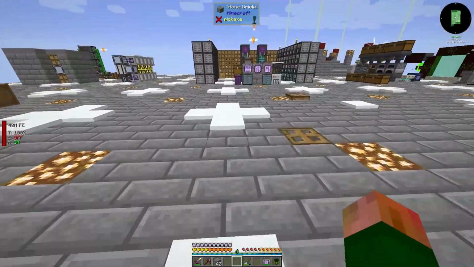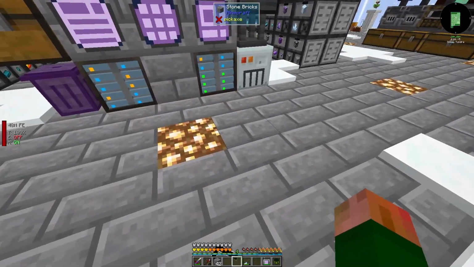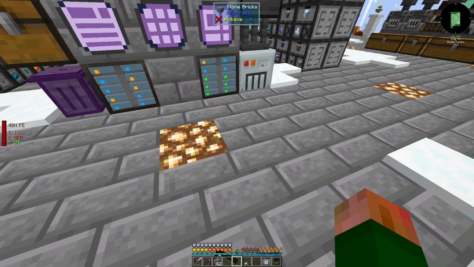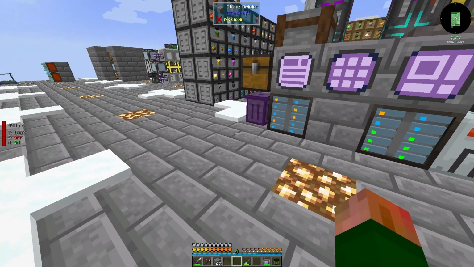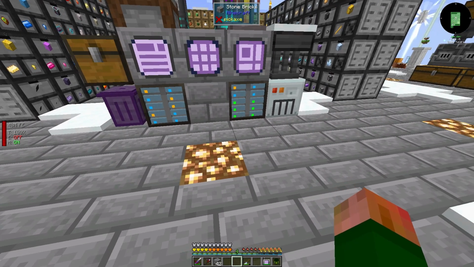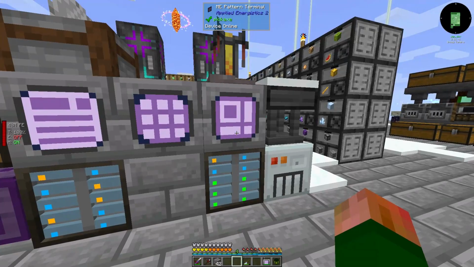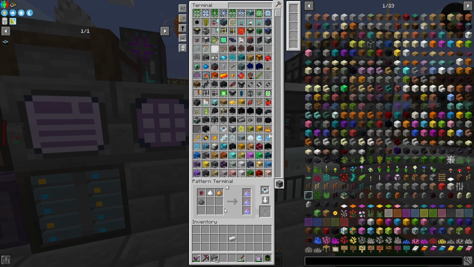I wanted to quickly cover two things today. We'll start with the first one. I've got it down below. It's the Industrial Foregoing Potion Brewer. It seems as though quite a few people have problems automating this, and this is the way that I automate it. One of the first things to remember is that when you build your recipe for your potions,